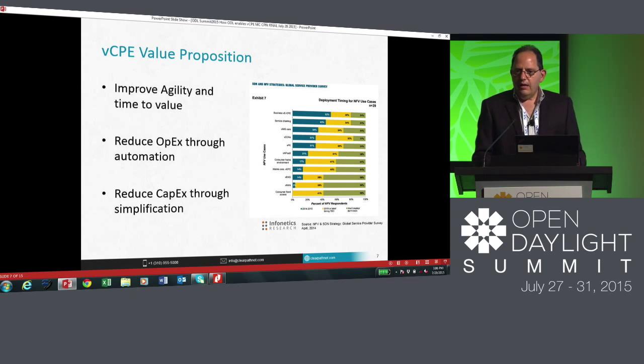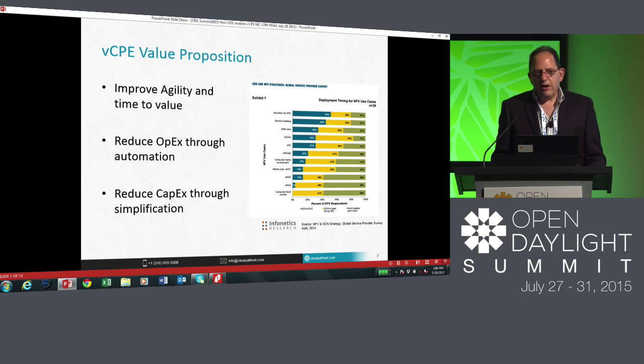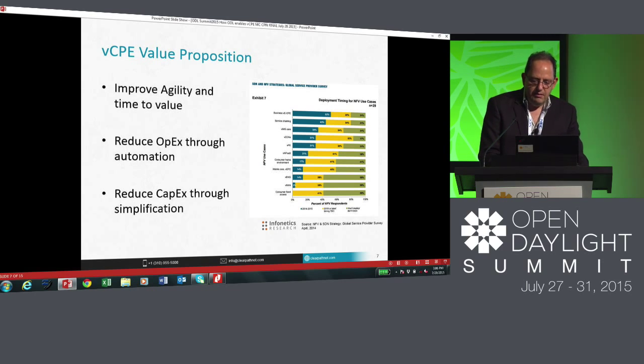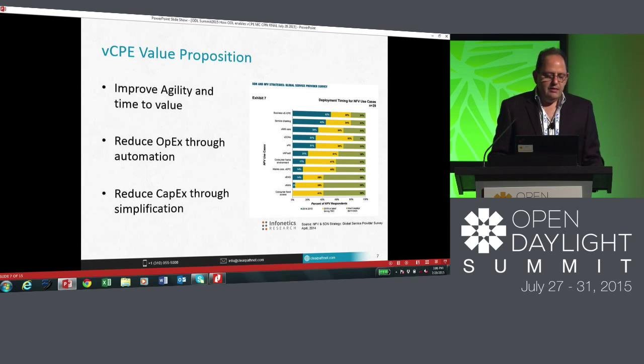And just to share some additional market research, this is another survey that Infonetics had provided, since they've done a lot of work looking at virtualized CPE and also virtualized services delivery, SDN-enabled NFV. And this is a chart, it's a little bit of an eye chart. The question was, what are some of the top use cases and when do we expect to see them? And if we look at this chart, which is about a year old, business virtualized CPE is at the top of the list. And then virtual